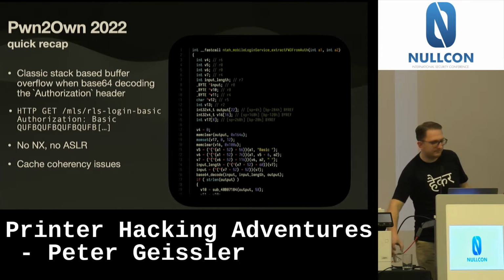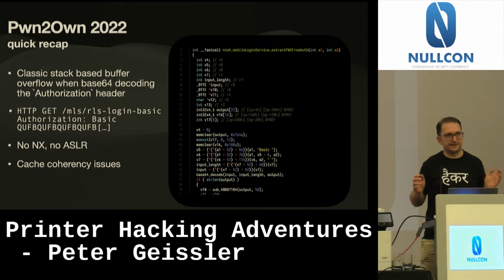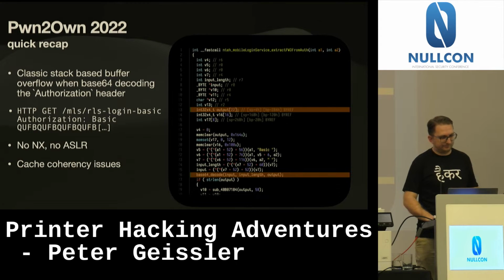So, quick recap of what I did for Pwn2Own 2022 for Canon. There's some endpoint, not sure what it's used for. This was discovered by static analysis, and it's an HTTP endpoint that requires basic authorization credentials. The way basic authorization works is you have this HTTP header, starts with the word Basic, followed by a base64 blob. And this base64 blob is eventually decoded to a statically sized buffer on the stack,